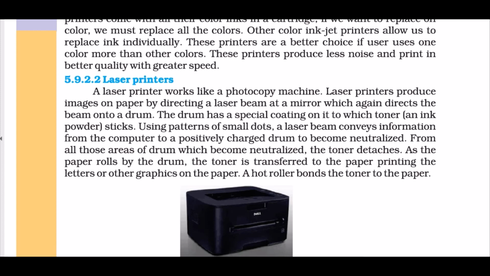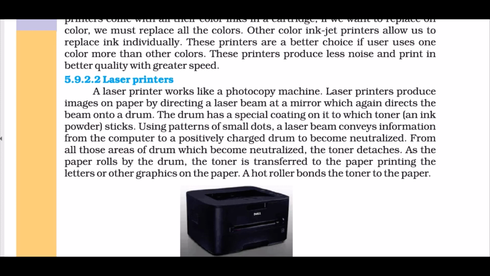Laser printers. A laser printer works just like a photocopy machine. It sees an image and prints it out the same way. Laser printers produce an image on paper by directing a laser beam at a mirror. When you have a laser printer, you will see the page is quite warm. It directs the beam onto the drum. The drum contains toner, or we say ink.